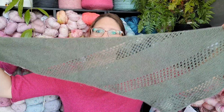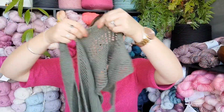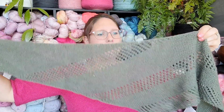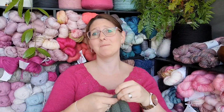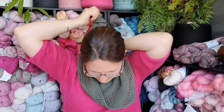Then you wouldn't have seen this yet. I cast this on and finished it since the last episode. This is the gift knit for another teacher. It is beautiful. I mentioned the yarn that I was going to use. It's a Knit Crate sock yarn, a merino cashmere blend, and nylon. I didn't use the entire skein. I was planning to, but I was over making it and it was big enough, so I stopped where I was. This is kind of a mashup of patterns. In the end, I used the base